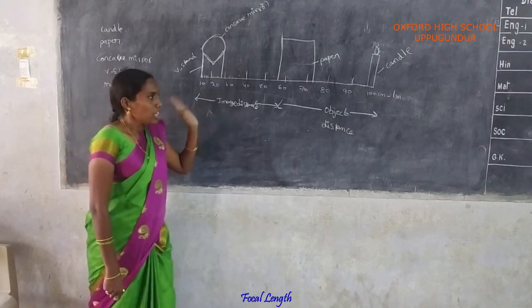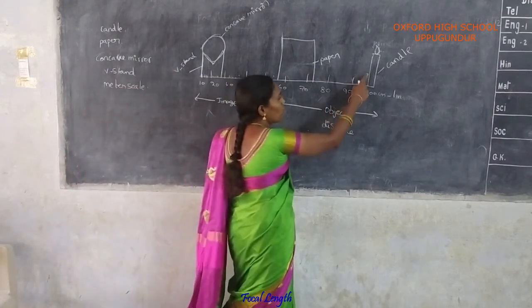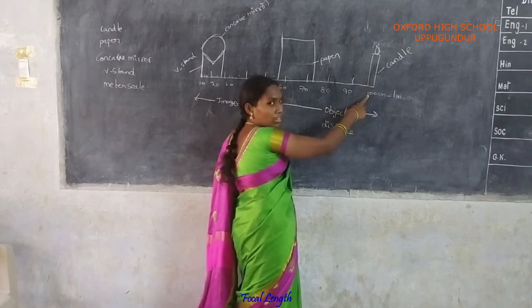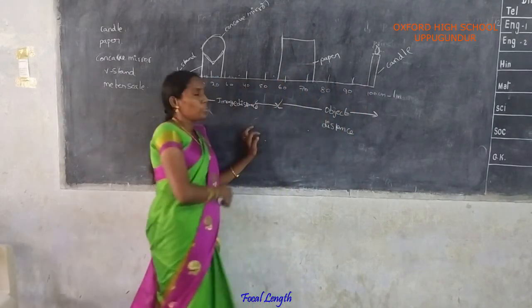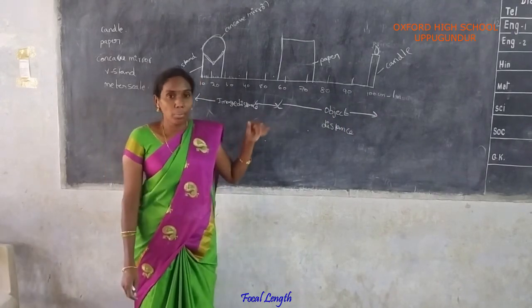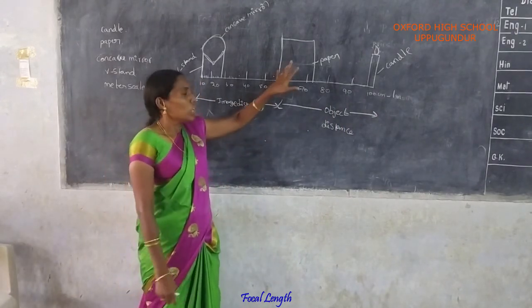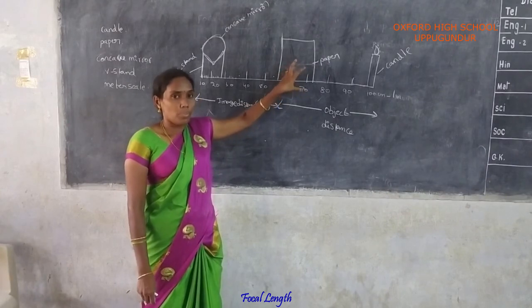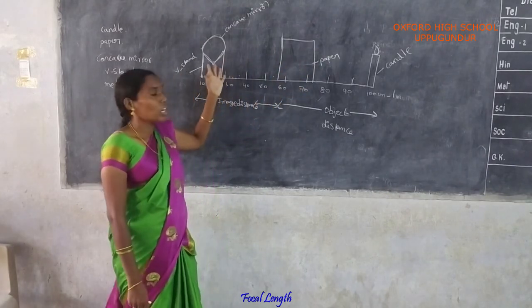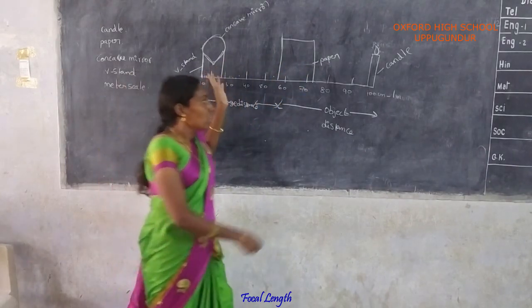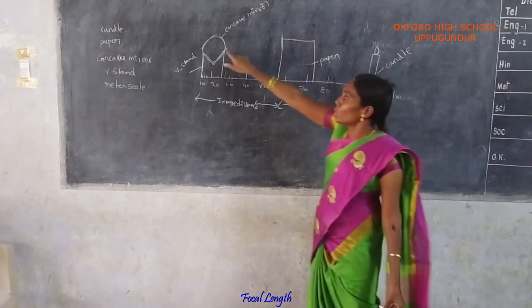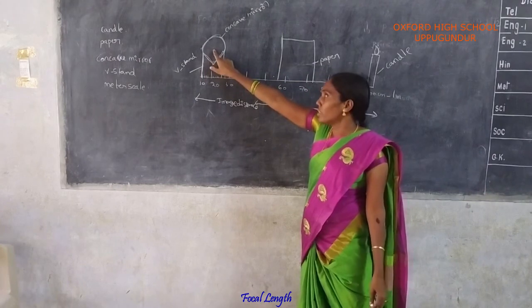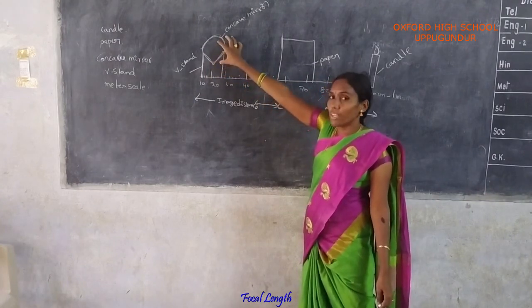In the first case, if the candle is placed at 1 meter or 100 centimeters distance, we can observe what type of image is formed, or caught on the paper, with the help of the concave mirror. Here the light rays coming from the candle are incident on the concave mirror. After that, the light rays are reflected